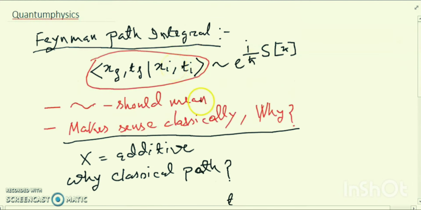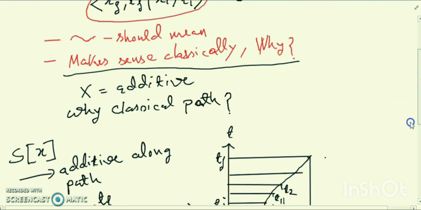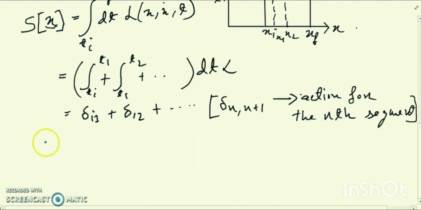Matrix element written as you can replace it by the sum of the segmented action. Therefore, that would be a product of those many phases. So, from these discussions, we conclude that